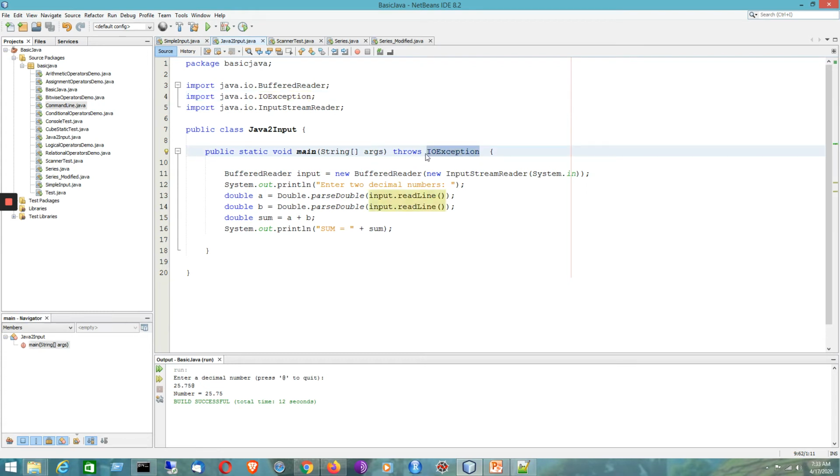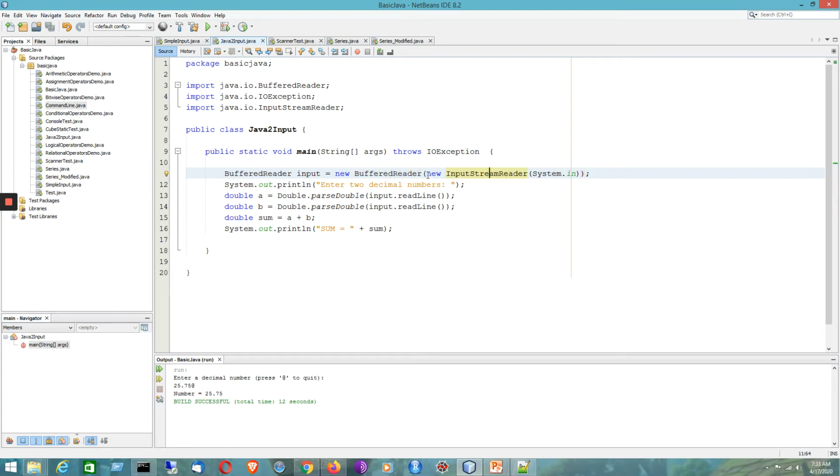The code is quite similar in that respect, but the InputStreamReader can interact with the keyboard input directly, but the BufferedReader cannot do that. That is why we have to take the help of InputStreamReader.